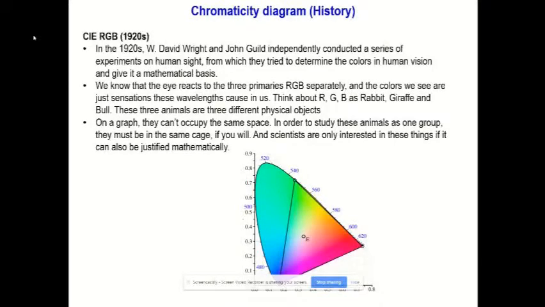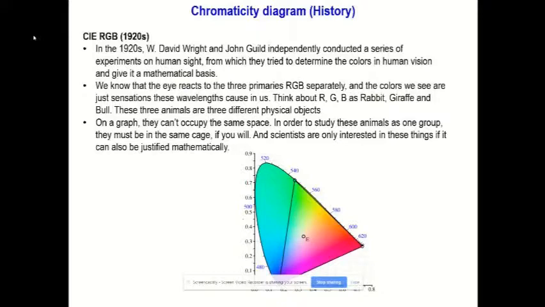Okay, let's talk about the history of the chromaticity diagrams. The chromaticity diagram was introduced by the CIE, which is the Commission Internationale de l'Éclairage, or in English, the International Commission on Illumination. It was founded in 1913. One of the earliest chromaticity diagrams was the CIE RGB, which was introduced in 1920 by David Wright